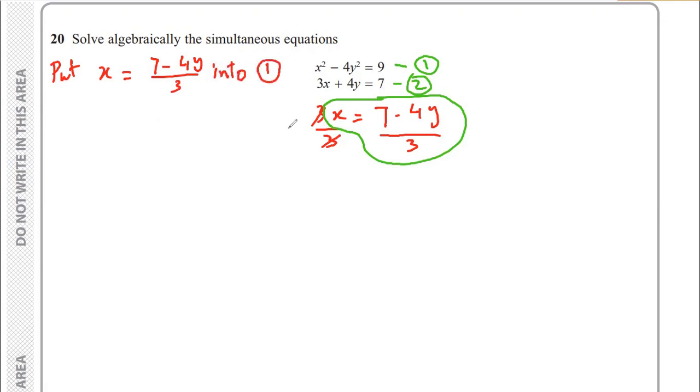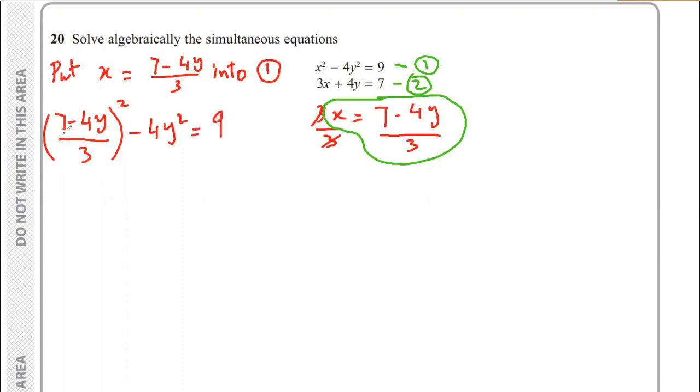If I do that, instead of writing x squared, I can write 7 minus 4y, all of that over 3 all squared, minus 4 times y squared